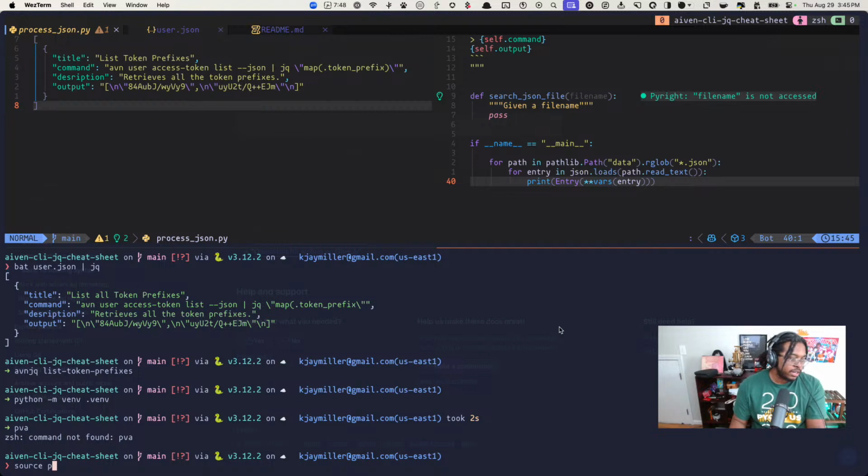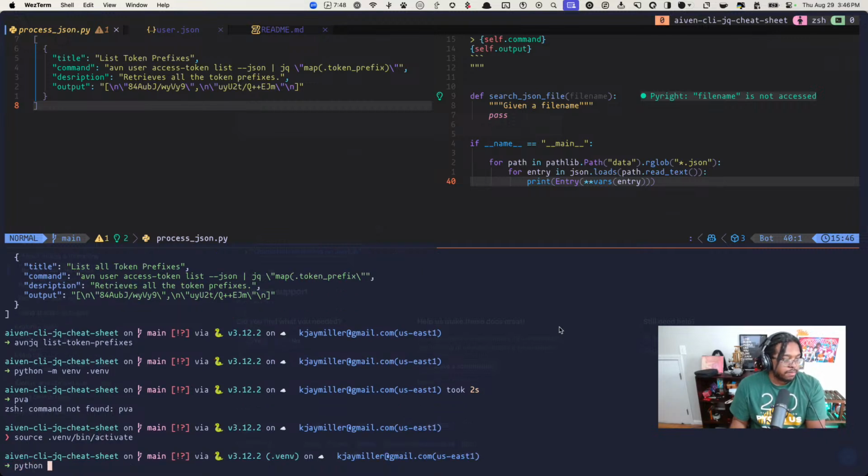It's making me angry. I don't know why, but I'll figure that out eventually. Let me source the env, then activate. Then we got